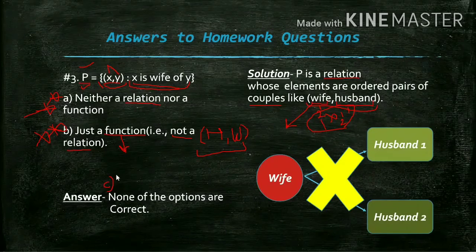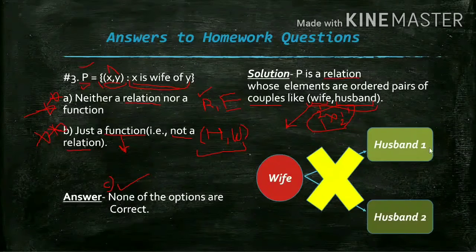Okay, so it is automatically true because these options are not correct, right? So now we just have to verify the two things, whether this pair is a relation or a function or none. None option is not there because we have just neglected the first one, right? It is a relation clearly. Now for the function thing also, same thing we can see. If I put wife 1 and wife 2 and husband, then husband can't have two wives,